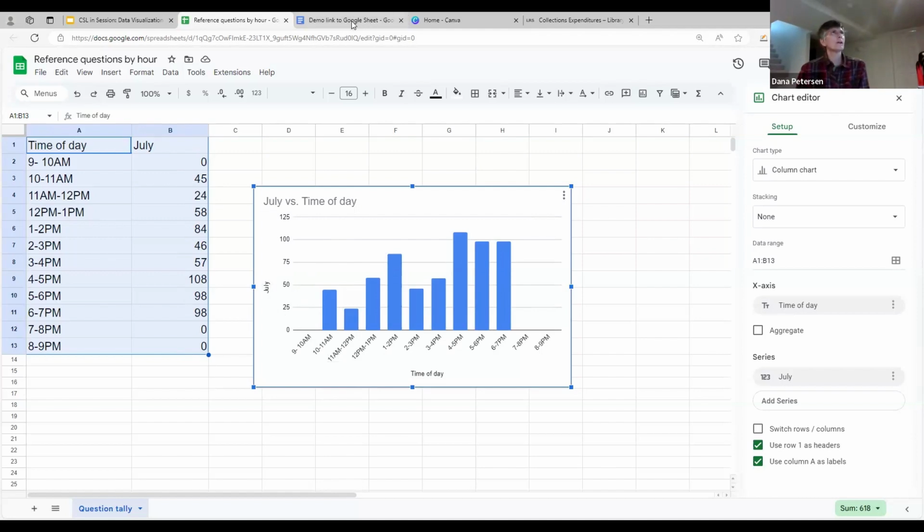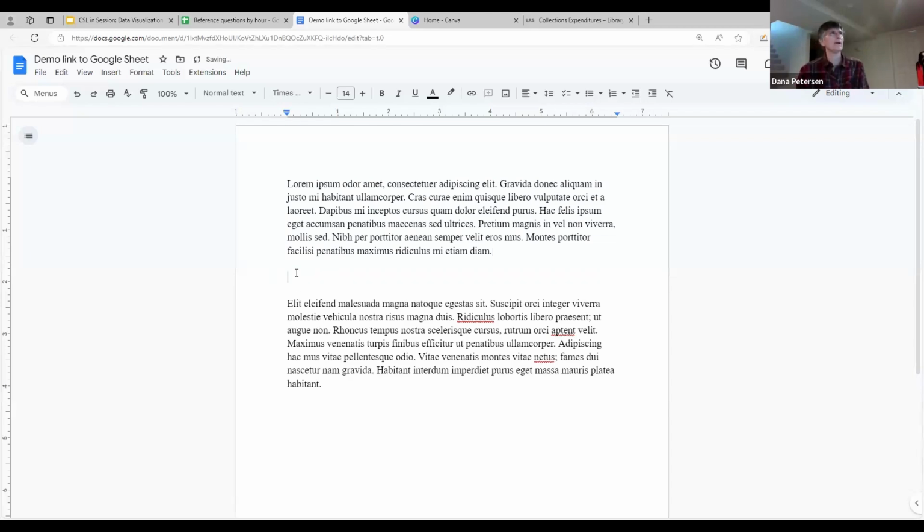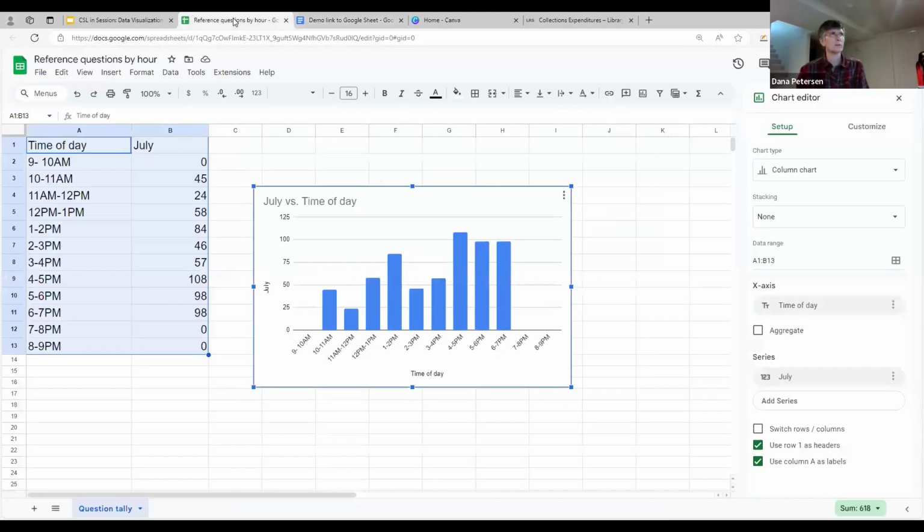Move on over to your report. This is the document that you are working on for whoever you're reporting to. Hey, let's put that chart in here. So I'm going to go back to my chart and right click copy, because that's my favorite thing to do. Oh, wait, I can't do that with a chart. Right click on a chart gives you all these other options related to the chart, which are also showing up on the right here, in the chart editor.